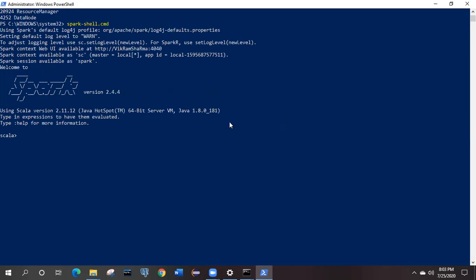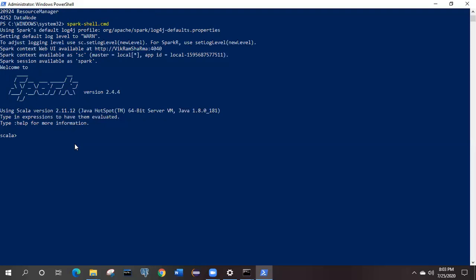So now Apache Spark is ready with the Scala prompt. Let's see how we are going to create the RDD. I'm going to explain the different ways to create an RDD. There are exactly three ways to create the RDD. Whatever commands we execute here are with Scala, but the same thing you can do from PySpark also.